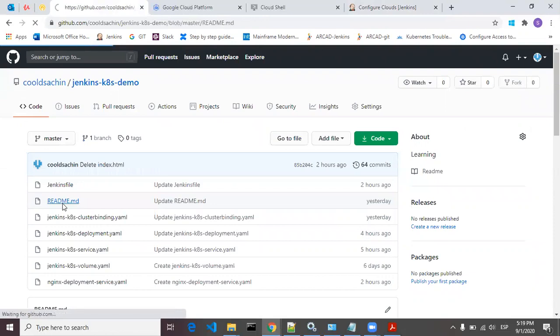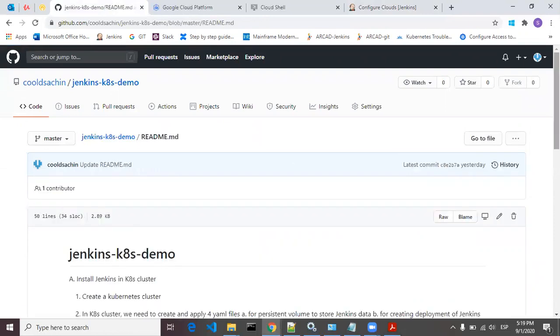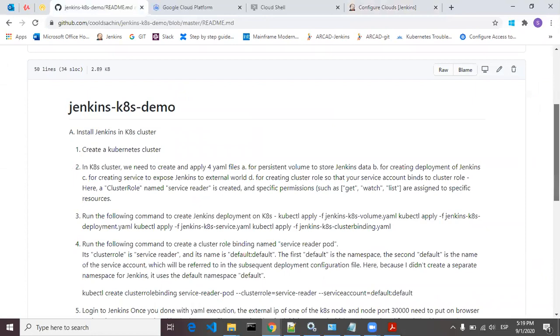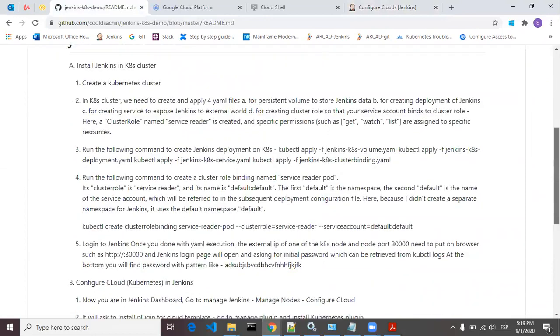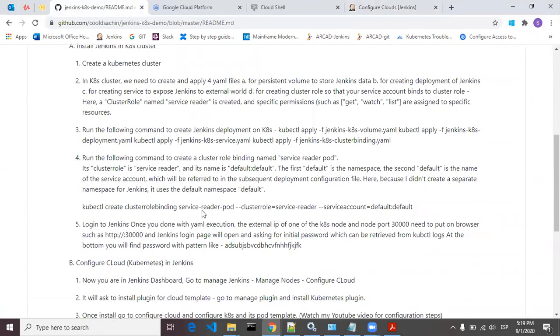I think one step I actually missed, and that is, once we apply the Kubernetes cluster binding YAML, then you have to assign that cluster binding over here.